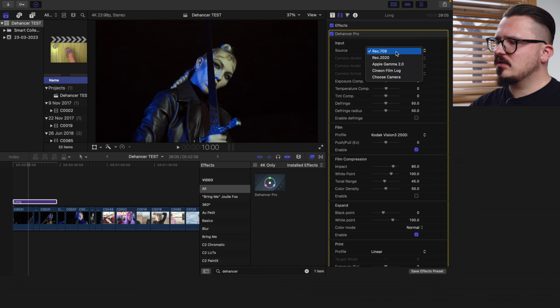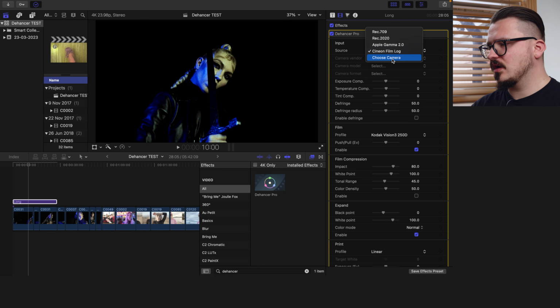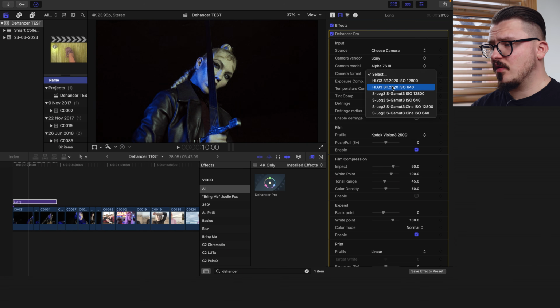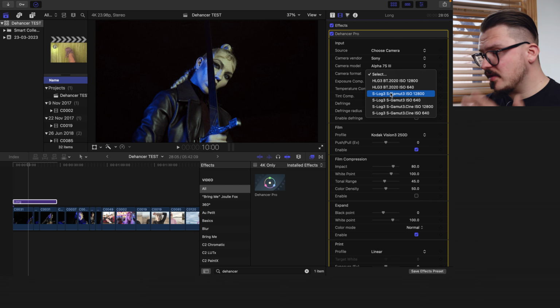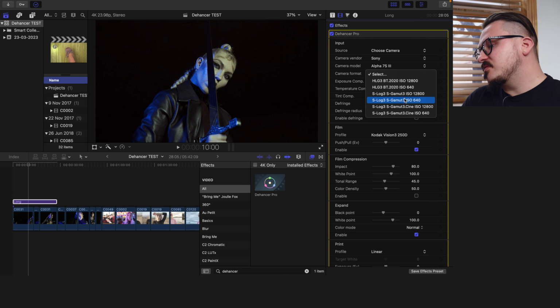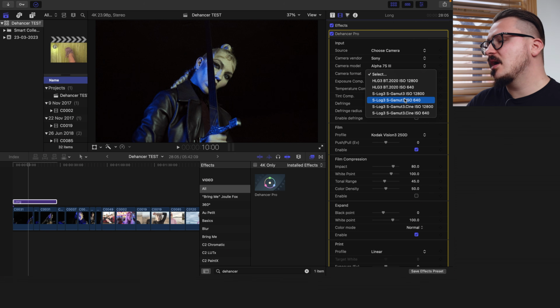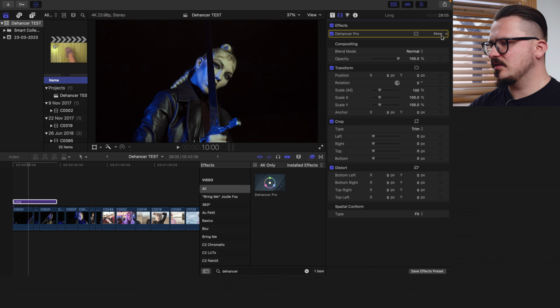But if you would like to convert your footage, you can choose your camera, and you have Sony, and then you can go, for example, Sony a7S III, and then you can choose which picture profile was used. But as you can see, you only have HLG and S-Log3. There is no Cine 4, there is no S-Log2. I prefer to edit manually, because I didn't even shoot in S-Log3. When you're going to be using Dehancer in your effects tab,